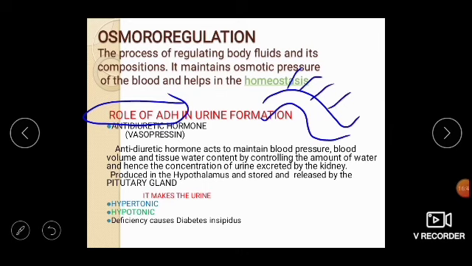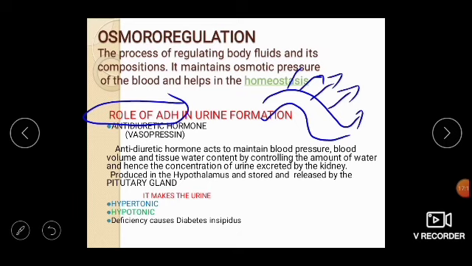So what happens? If the amount of water is less in the blood or the body fluids, a signal will be given through the hypothalamus to the pituitary gland, and then ADH will be released. And this ADH will open these pores, and the water from the filtrate will start moving into the body. The reabsorption of water will take place even from the DCT. As a result, the filtrate will become more concentrated in salts, and the urine discharged by this person will be